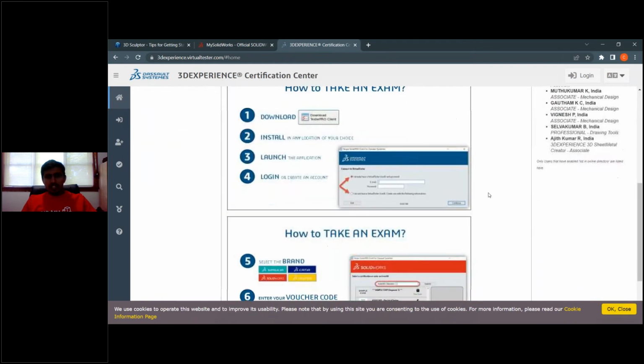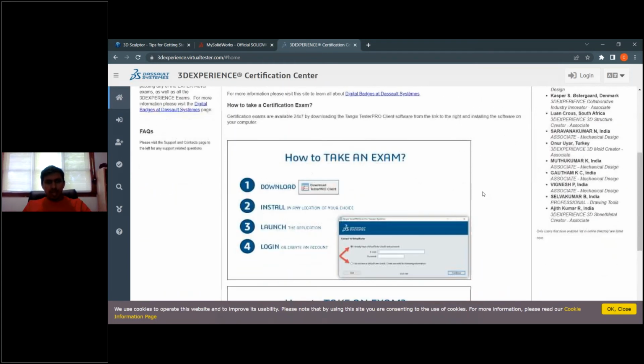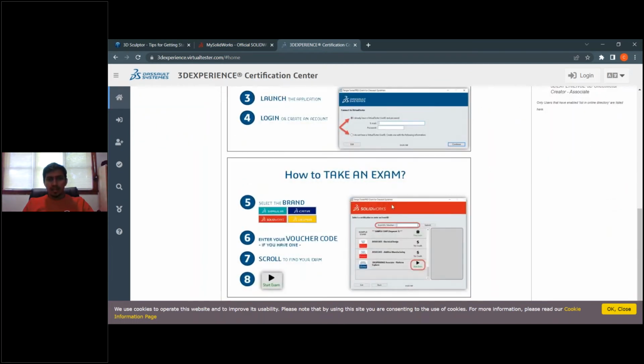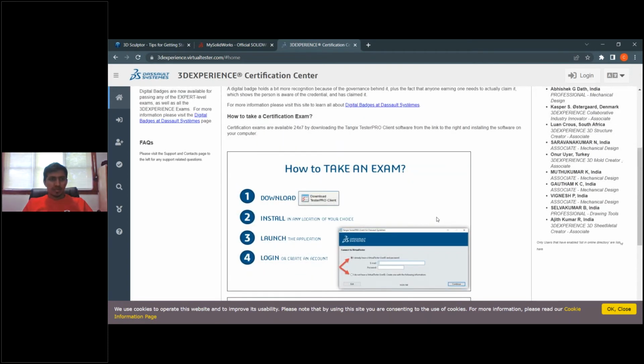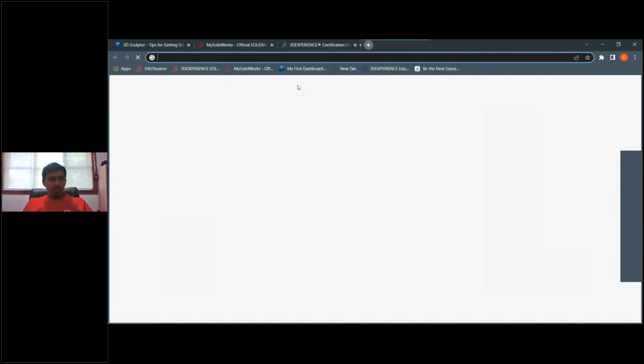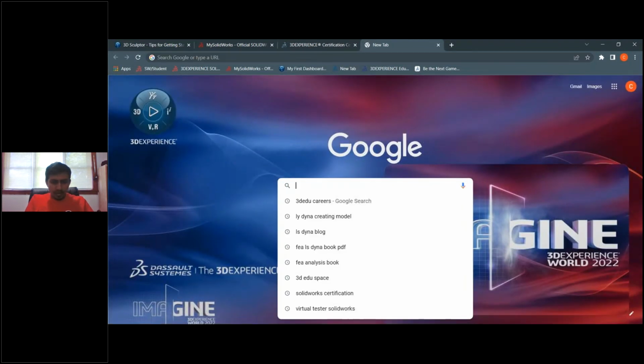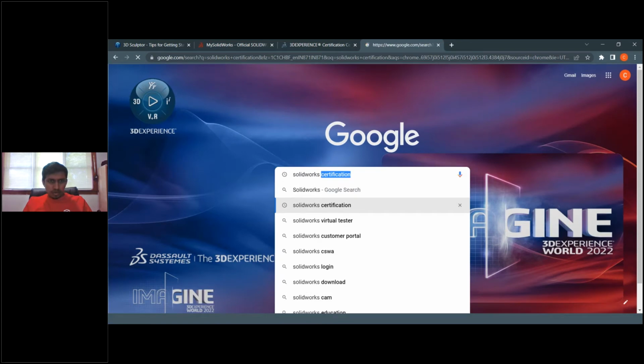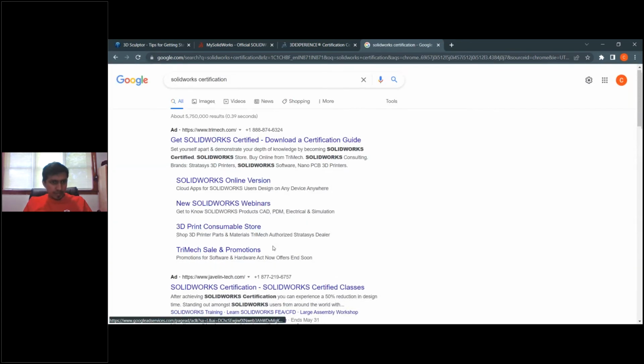So this is the process to take the exam. You can create the account, and if you have any voucher, you can just copy and paste the voucher, and you will get access for that particular exam. You can also buy the SolidWorks certification exam voucher from the internet, from the certification website.